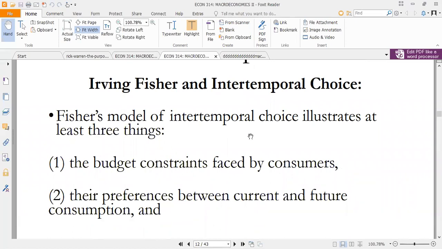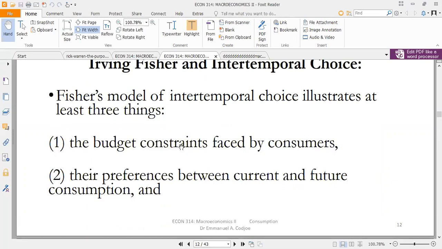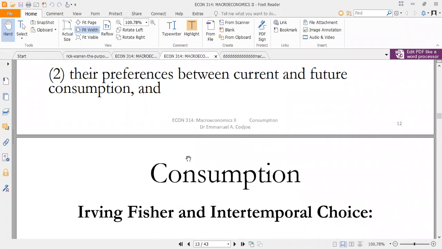So from the intertemporal choice, these are some of the things that we can see. One, we talk about the budget constraint that is faced by the consumer, and we are now talking about the intertemporal budget constraint. You are faced with the current decisions and then the future. And also, this theory is able to talk about the preference that the consumer has between current and future consumption. Okay, we'll be able to see if the person prefers consuming in the current period to consuming in the future period, or vice versa. And then when we combine these two,